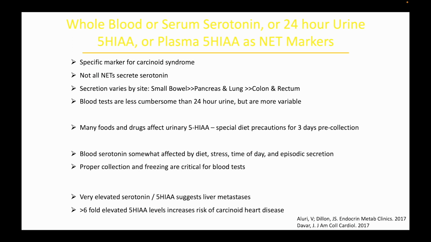So let's talk about some of these common tumor markers. Serotonin is produced by many of these tumors, especially the bowel tumors. It gets broken down in the liver to a thing called 5-HIAA. So serotonin and 5-HIAA are sort of used interchangeably because they are directly related. You can measure them in the blood, or you can measure them in the urine. They're pretty specific for carcinoid syndrome. Serotonin, as we'll see in the next talk, really is the driver of a lot of the diarrhea and bowel issues that occur in carcinoid syndrome.